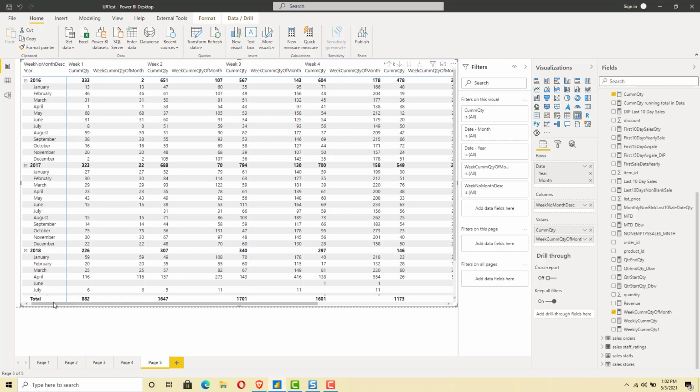So using this week number, and using the comparison week number less than or equal to the current context week number, and using year equal to year and month equal to month, we are able to calculate our required measure over the entire weeks from the start of the month till the completed current week. Now let's see the same thing from a yearly perspective also, which will be much easier.